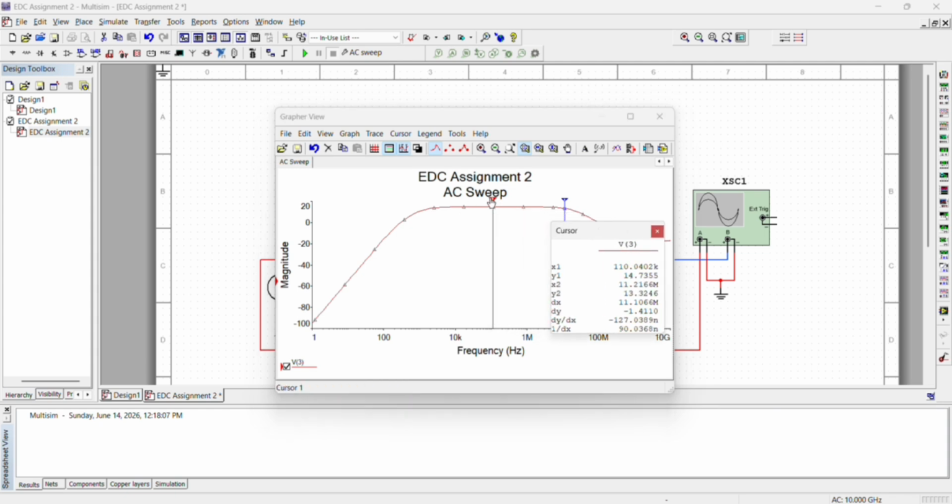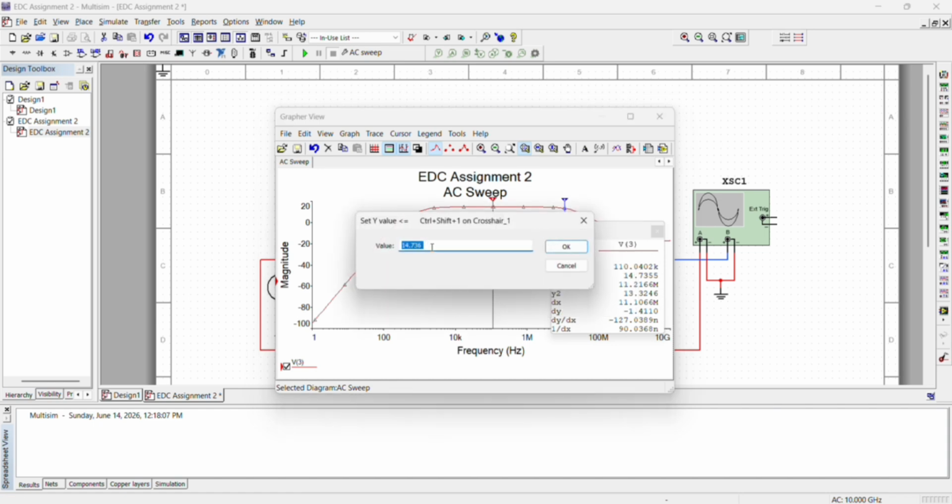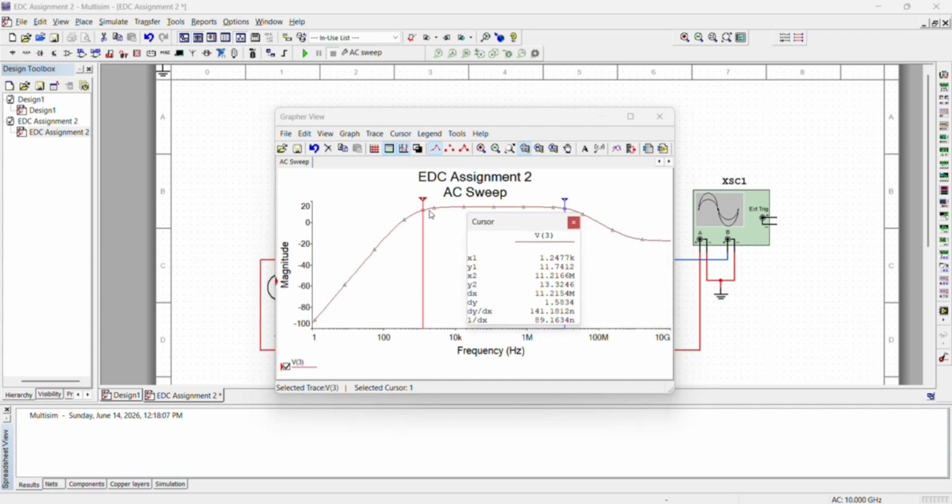Right click, we need to set our Y value to the left in order to find our low cutoff frequency. For this 14.736, we need to minus 3. So we will get 11.736. Press OK. Then we will get our X1 is 1.2477